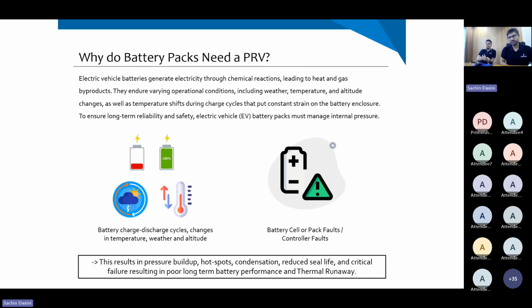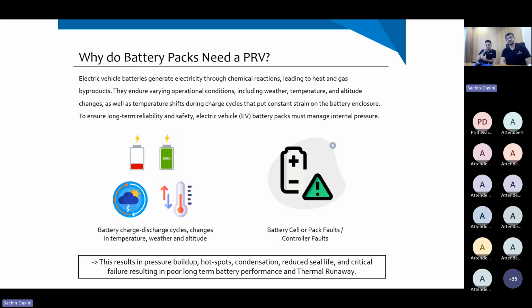Okay, so getting down to battery packs. Battery packs, we look at venting in battery packs in two stages. So stage one is a general operation of a battery pack, and stage two is in case of a critical fault. Talking about stage one, a vehicle, whether it's a four-wheeler or a three-wheeler, two-wheeler, it's going to go